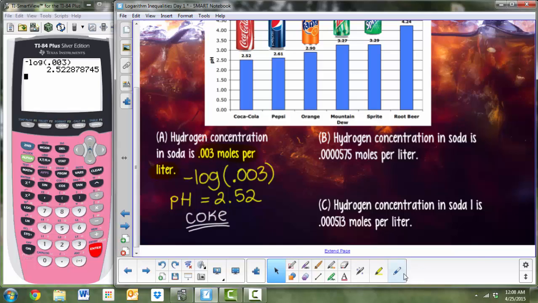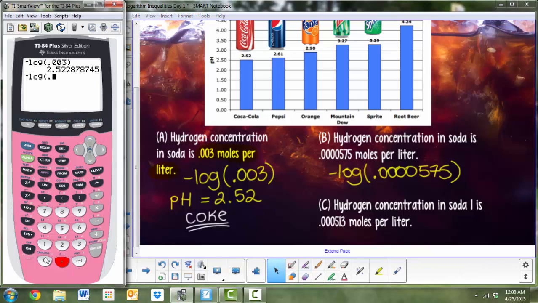Next one, you're going to do exactly the same thing, literally. Plug in the moles. This one I'm making you work a little bit more because I added some extra zeros for your enjoyment. 0.000, however many I've got, 575. Please, don't make these hard. Plug them in. Negative log, you've guessed it, 0.00004 zeros, 575. That easy. pH value of